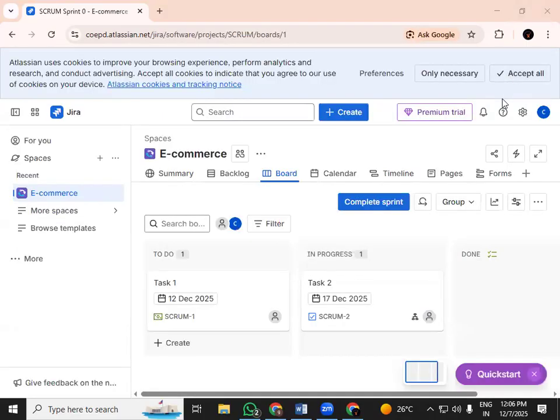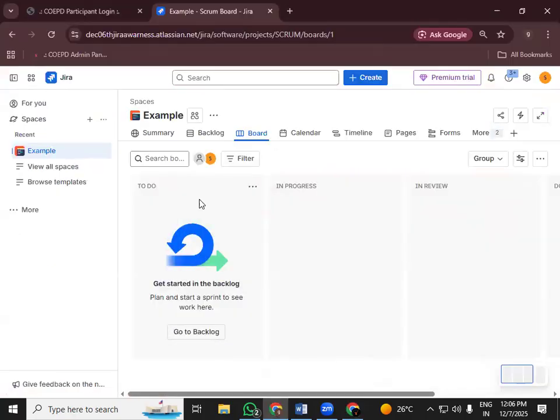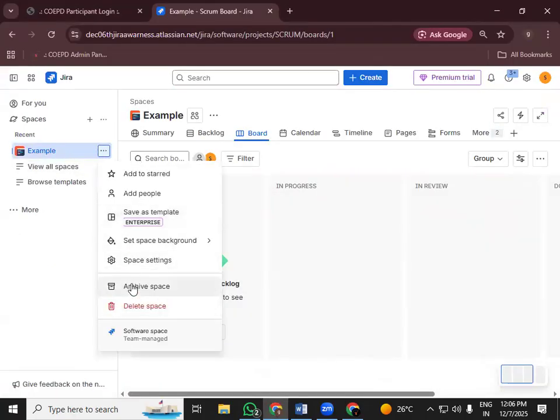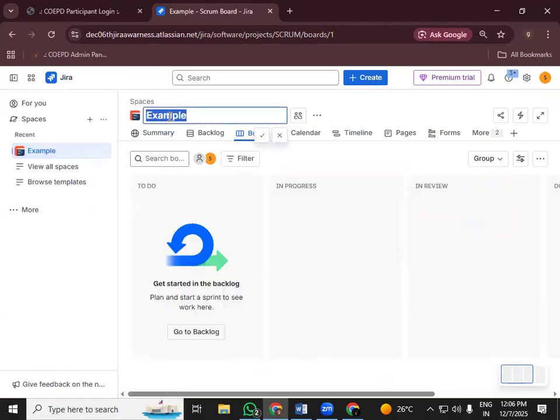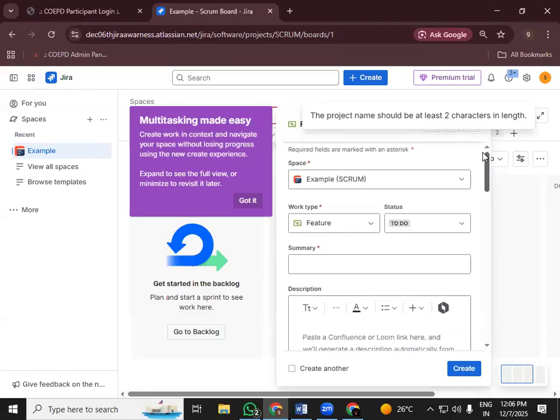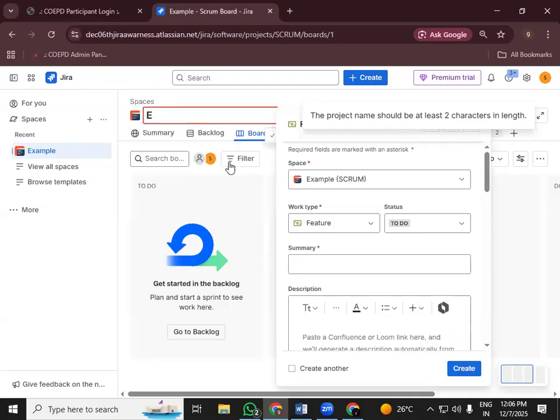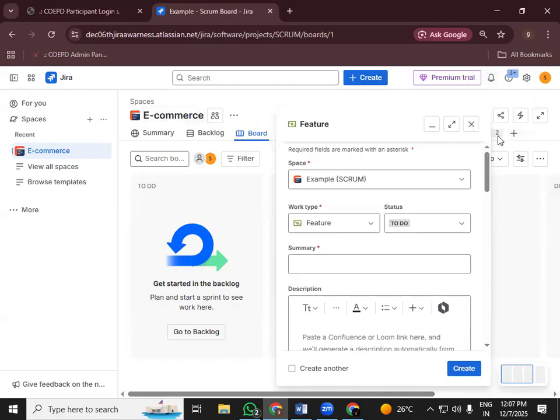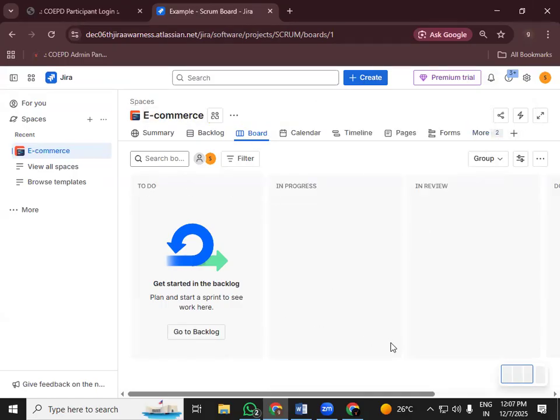Okay. So now you can see that I got the same view, just like this example view. I got the same thing here, but the e-commerce name is different, right? So let me take this view and let me rename this e-commerce. Okay, right. So now if you see carefully, team,